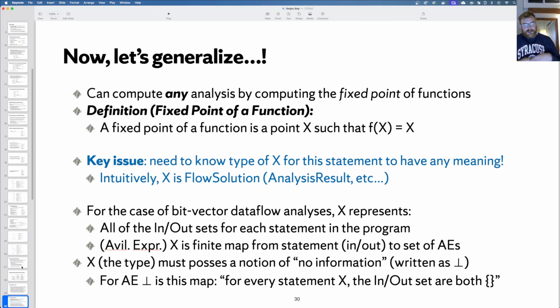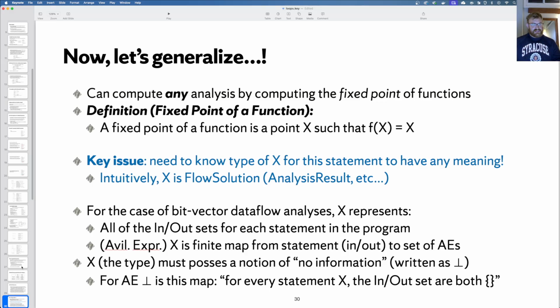And now, of course, the whole point here is to generalize, and this is where it gets a little bit more abstract. So we're going to use something called a fixed point. Now, in general, a fixed point is a point x of a function f such that f of x is equal to x. So it has to be a function whose input and output is the same type. But the big observation, when I was learning about this, the thing that was very confusing to me is that knowing that something is a fixed point is really not helpful at all unless you know something about the type of x.